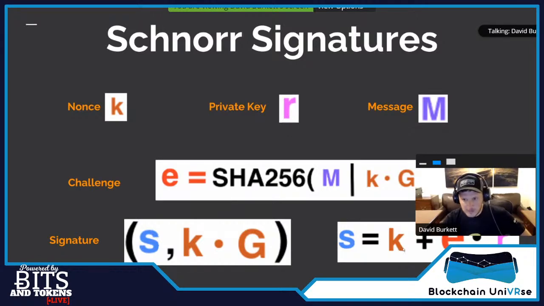They have their private nonce, and then they have this E that everybody can calculate. Anyone who knows your public nonce and a message can calculate this E. This is just a hash function. A hash function is just a one-way function that's irreversible. So given any input, you can't guess what the output's going to be without actually performing this operation. So anyone can calculate this E given those two values, and those are part of the signature, so that's not a problem. And then if you are able to calculate this S, then that proves that you know the private key R. That's the whole point of the signature.